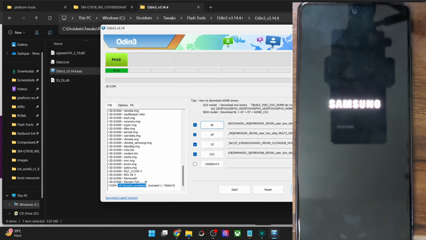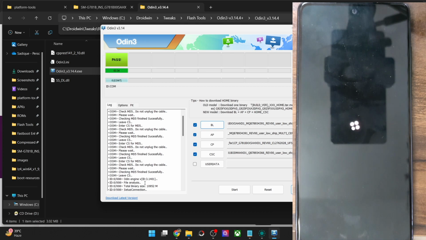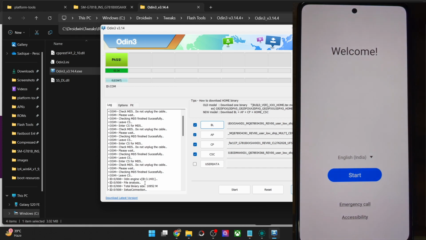And to rectify this issue, this is the only way out. Apart from that, there isn't any other fix. You cannot use any other third-party tool or any fastboot command to get the job done. Simply flashing the stock firmware will do the job, and you will lose all the root and any custom mod or custom recovery if you had them beforehand. You will have to carry out all these tasks once again. It's just that if your phone had an unlocked bootloader, it will remain unlocked. But apart from that, the custom recovery, the root, the KernelSU, everything will be gone.